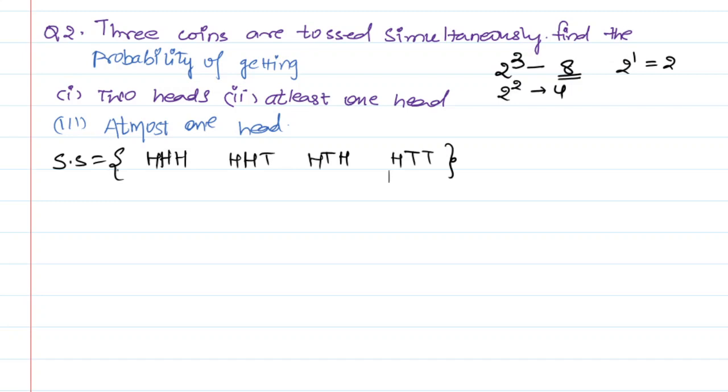We want another 4. What I'm going to do is, the next 4 is just by replacing H with T and T with H. So I'm going to get TTT, TTH, THT and THH. So we have n of S is equal to 8. This is fine. It's very simple to remember. Otherwise, if you're writing in any order, you will have a tough time remembering which cases you have missed out. So this is a simple way to write down the sample space when 3 coins are being tossed. The first one, probability of getting 2 heads.